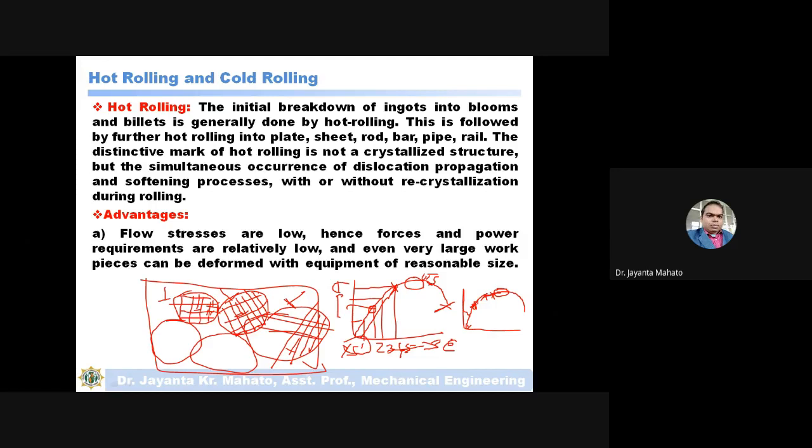As you deform the material, all the dislocations will come to the grain boundary, and the dislocations will pile up, meaning similar sign dislocations will pile up, and the material gets hardened. But